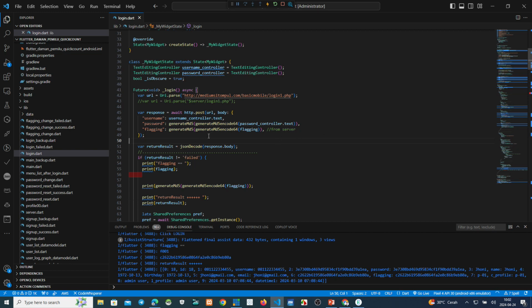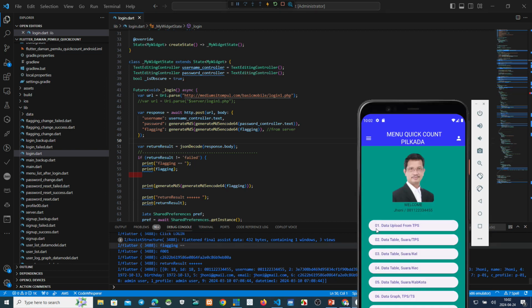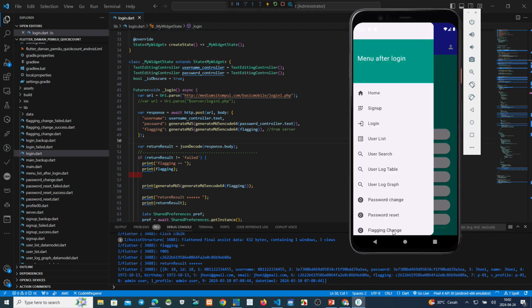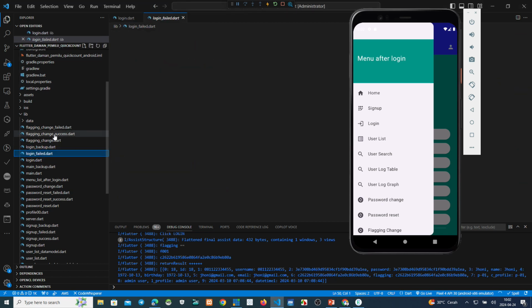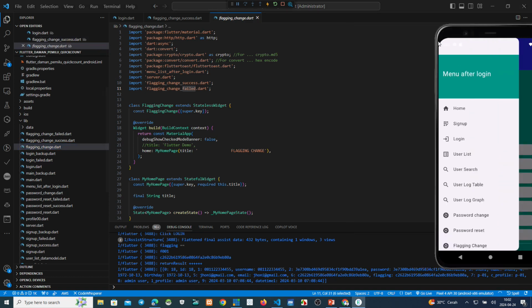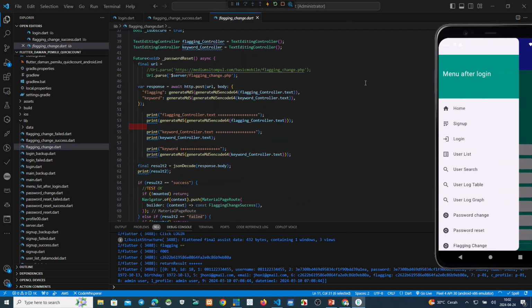This is login. And then, what else? This is the login, and then the flagging chain. Flagging chain, this one. This flagging chain. Okay. If we want to see this flagging chain, this one.